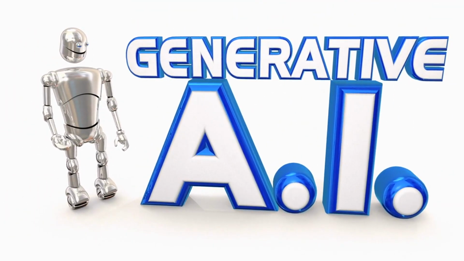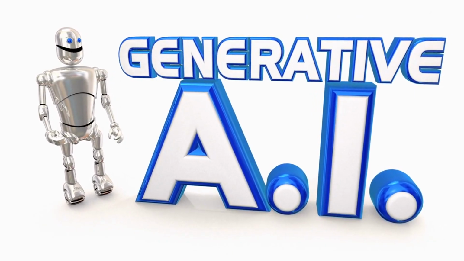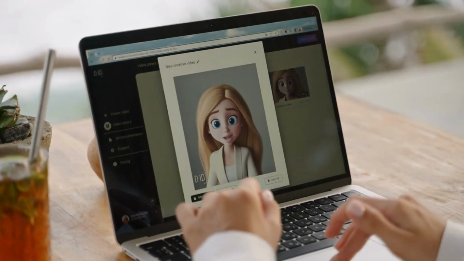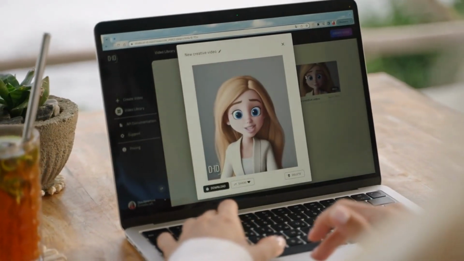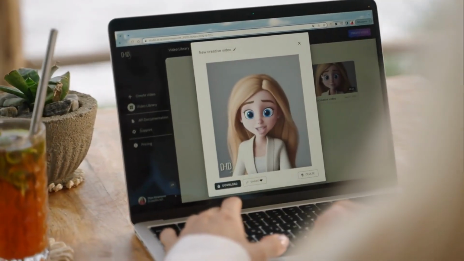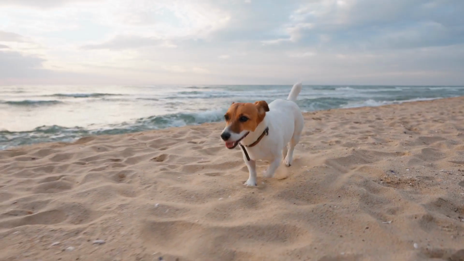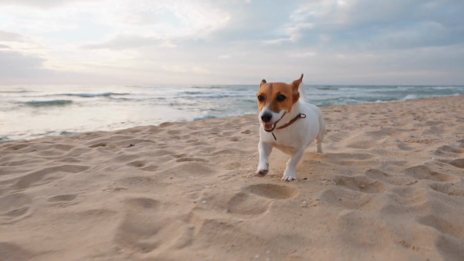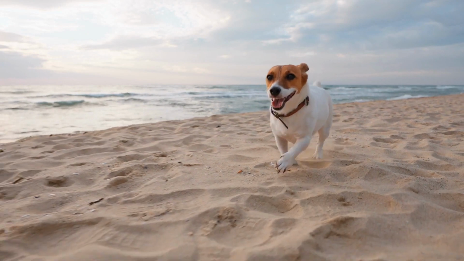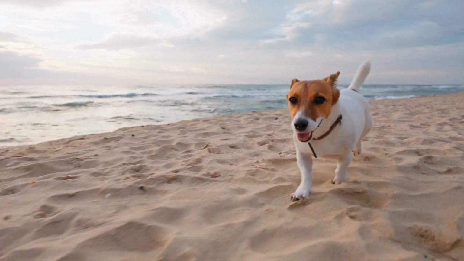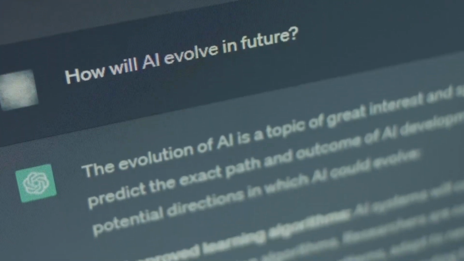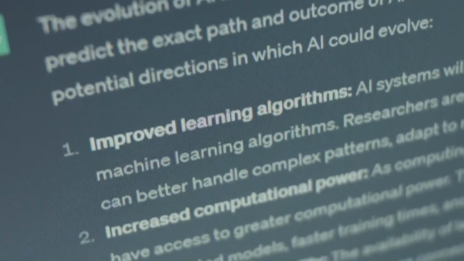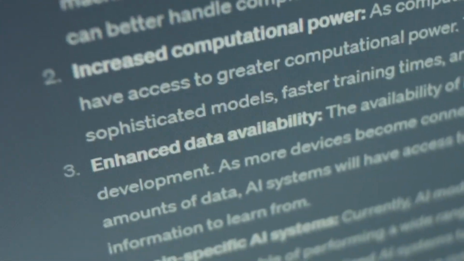ChatGPT and other generative AI models. Generative artificial intelligence is an exciting field that enables computers to create creative content, from texts to images to music. Unlike classical AI systems that provide predefined answers, generative models can independently create new content that often appears surprisingly real. ChatGPT, which is based on the GPT architecture, is a prime example of this technology.